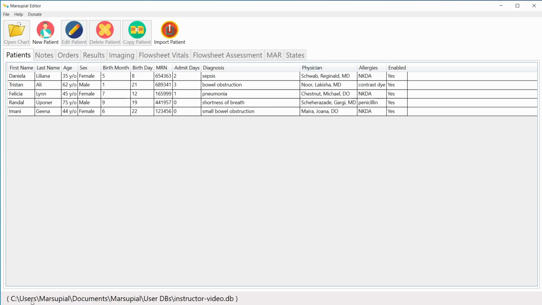At the bottom here I already have a patient database open, so if you're ever unsure of which database you're editing, at the bottom here it'll tell you the location of the database you're editing and the name of it. I have a bunch of patients in here right now that are already made. This file is included with Marsupial EMR as kind of a demonstration database to show you what